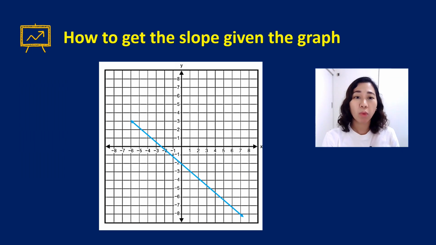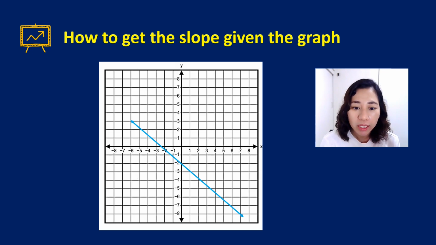Alright, so the next thing that we want to do is, suppose we're just given the graph of a line, or we're just given a line in a coordinate plane, and we want to determine the slope of that line. Now, to get the slope of a line, even if we use any 2 points, the slope will always be the same. Okay? So what you need to do, for example, I have this line over here, you just get 2 points you're sure of the coordinates, and usually I want the coordinates to be integers, integral values.